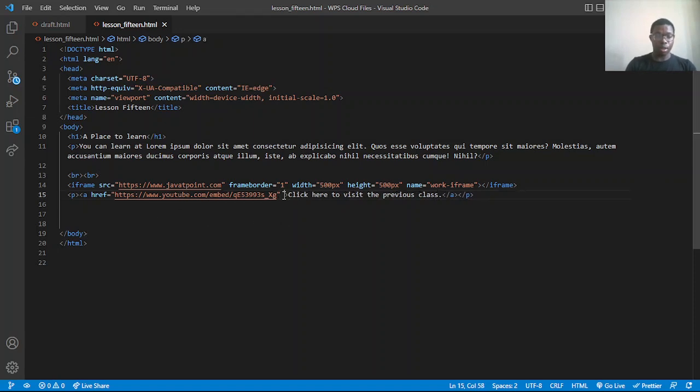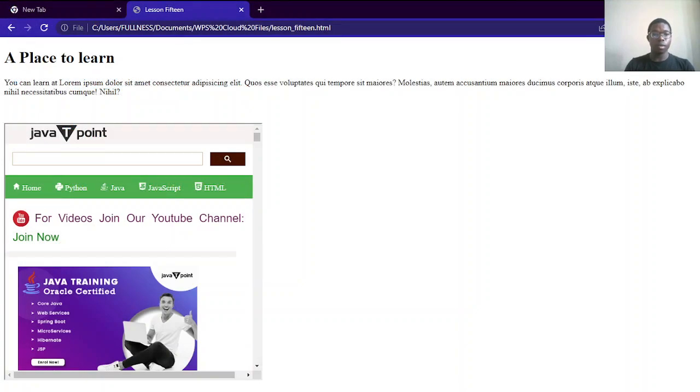So this is our now have target. Target is going to be this work iframe, instead of blank, parent, self, and top that we looked at when we were looking at our HTML link. So we're going to target our work iframe, and then when we go back to our page and reload,